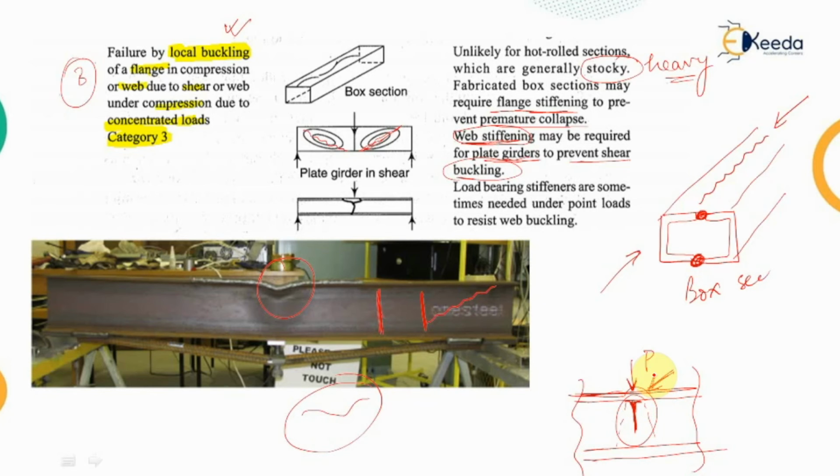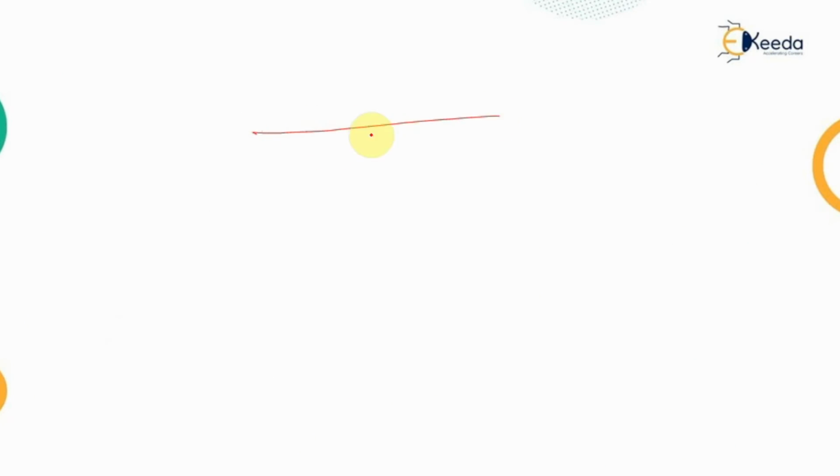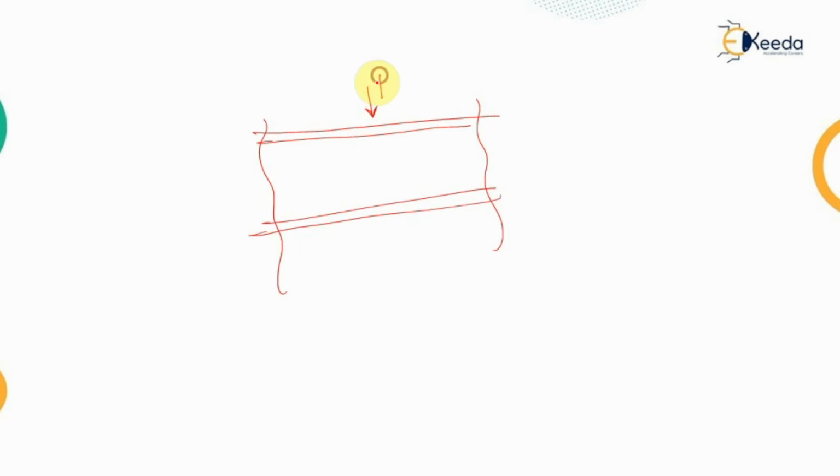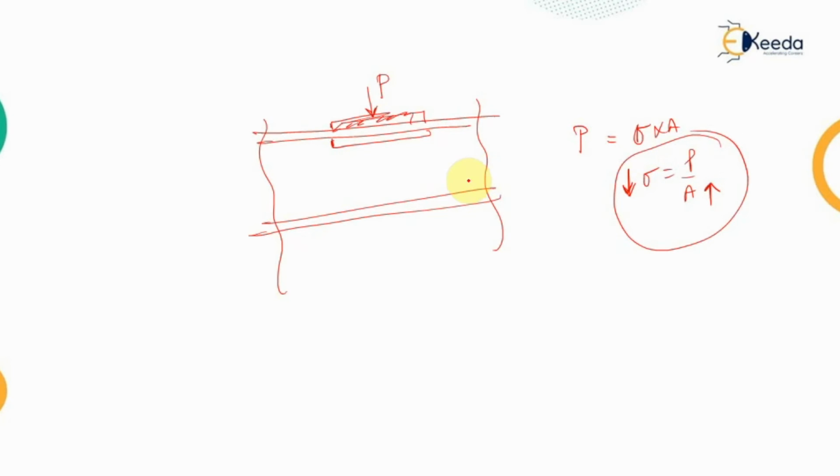To avoid these types of conditions, whenever we are having the I section, which we usually prefer for design as we have seen in the previous video, and if there is a concentrated load acting, then to avoid local buckling of the web we need to distribute the load uniformly. For that we need to increase the area, because we know that load is equal to stress into area, or stress can be written as load upon area. If we increase the area of distribution, obviously the stress coming into this section will decrease. So to use this principle, we provide bearing plates at the top of the section,